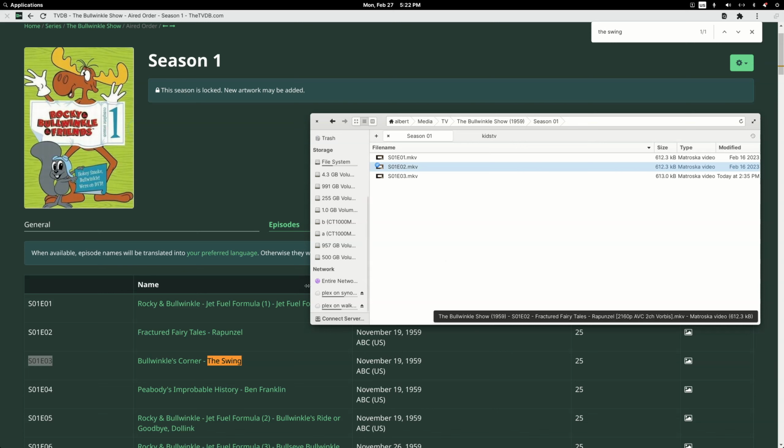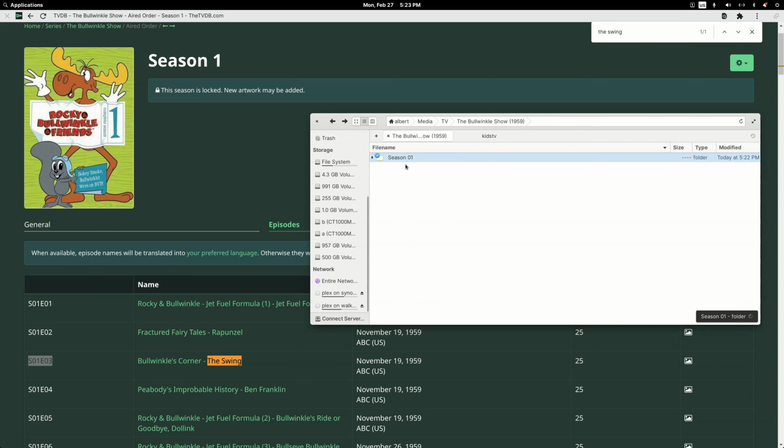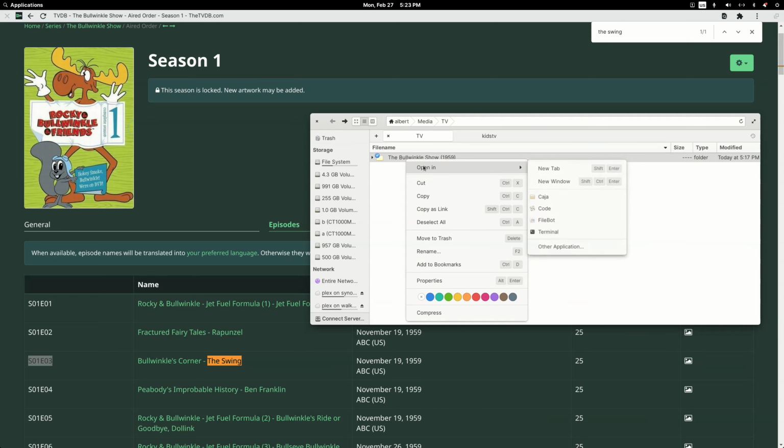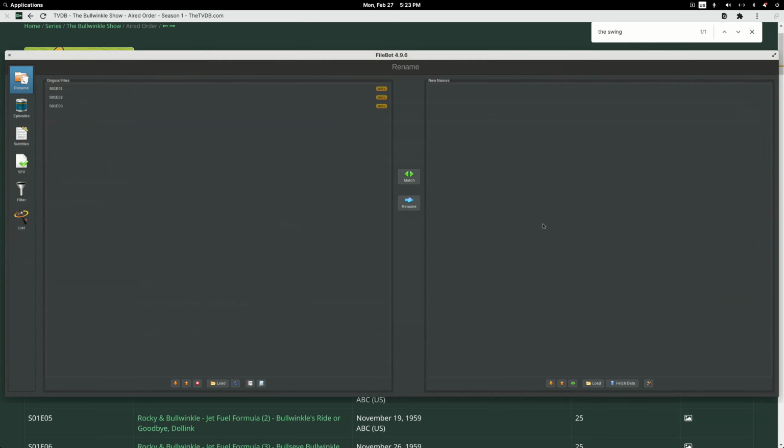Okay, so we've manually matched up unknown episodes of a show to the listing at TVDB, and we've just given them simple names like this. You can have your season 1 folder created or not have it created, but if you're going to use basic FileBot, have it created, and you've given it a good show name that matches either database. So now if I open it up in FileBot and just use the default binding,